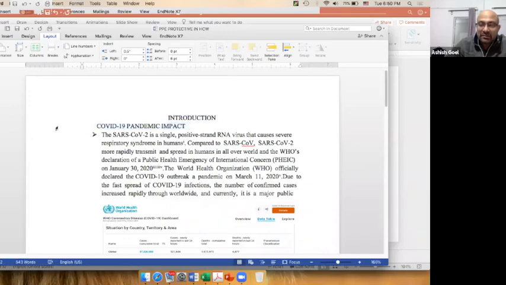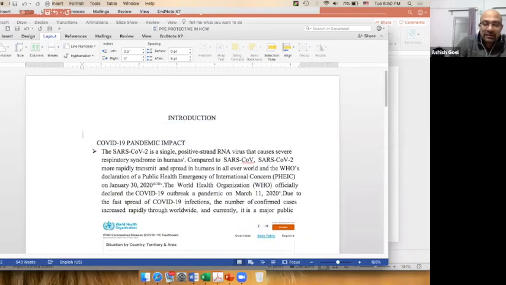So that format could be, let's say, I could just write it in running text. Why do I need to put it in capitals? And we said it can be in size 12, bold, and underlined. If introduction was the level 1 heading, I would have wanted it to be here, again, not in all capitals. If I do introduction, that's bold and underline. If that is underlined, then this definitely would not be underlined. So I can know that introduction was the level 1 heading and COVID-19 pandemic impact was a subheading under the introduction.